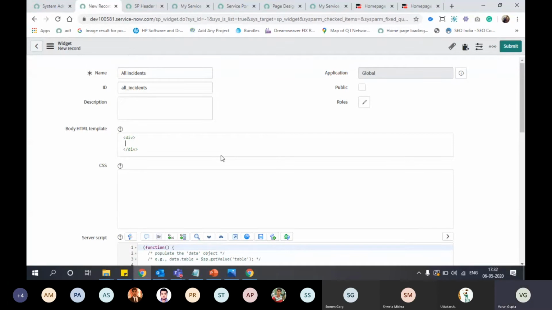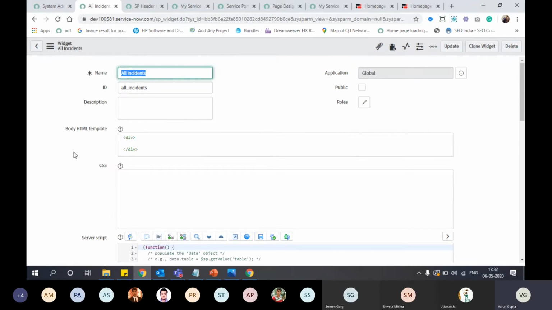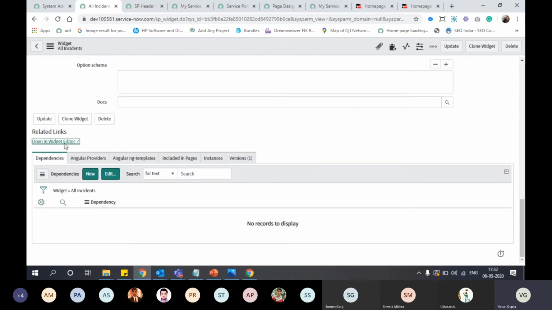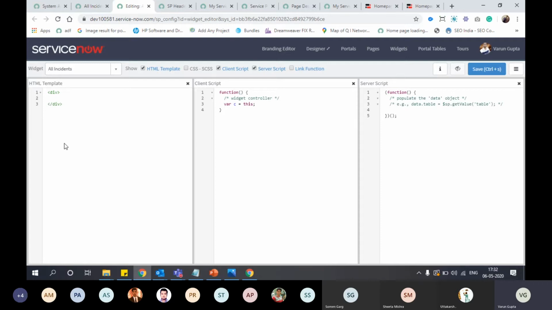In HTML, we will have... it's better to edit this widget in the widget editor. Okay, for the widget configuration, we have these 5 things: HTML, CSS, client script, server script, and link function. We'll start with the HTML.